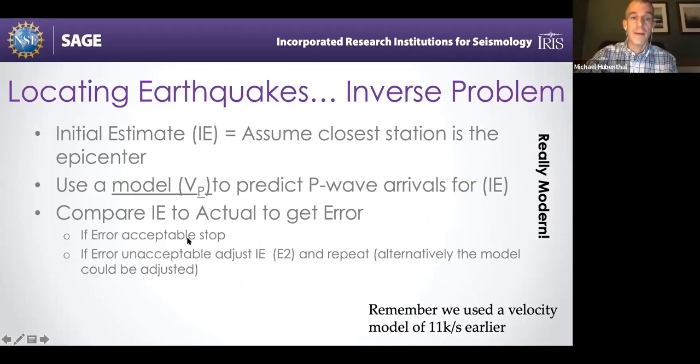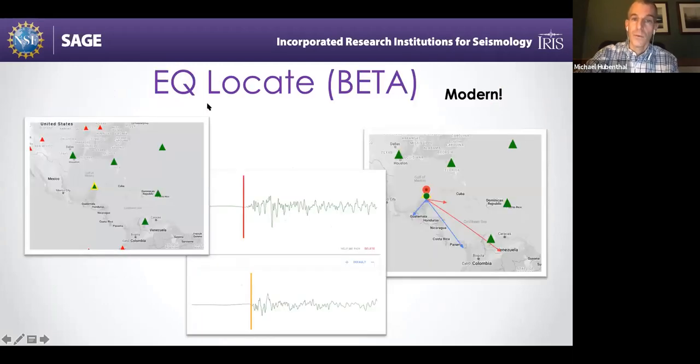So to be able to actualize this, we are developing a tool called EQ Locate, and it's in beta mode right now. So it works, it's available online, but we haven't publicly released it yet because we're still kind of tweaking it. But I'll give you a quick walkthrough of it. So we get a set of stations, and we get seismograms for those stations that you might use. And I'm going to share